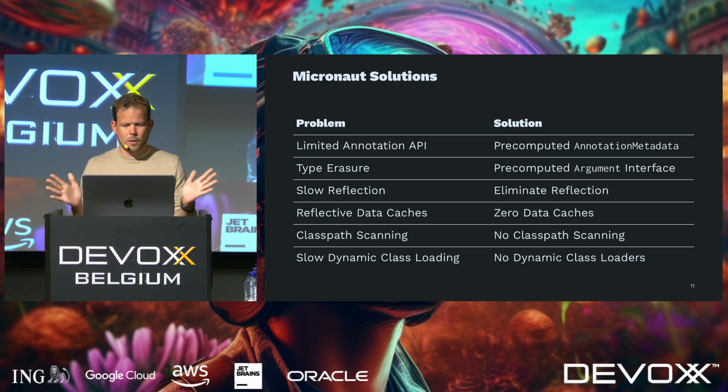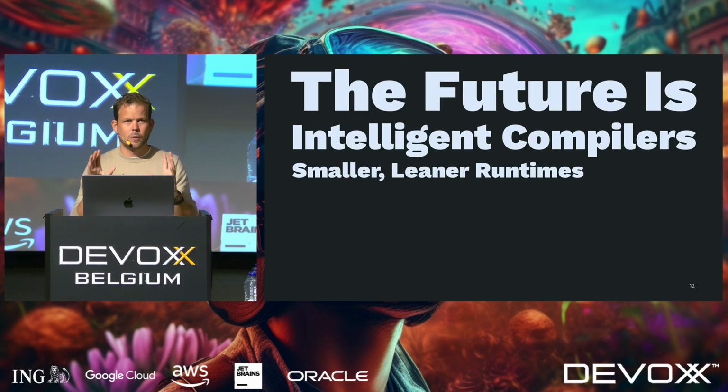There are no magic class loaders in Micronaut. It's all just the system class loader. So that makes the whole architecture much simpler, because there's nothing to worry about in terms of dynamic class loading. It's just very simple. So we made a bet on the future being intelligent compilers and smaller, leaner runtimes,